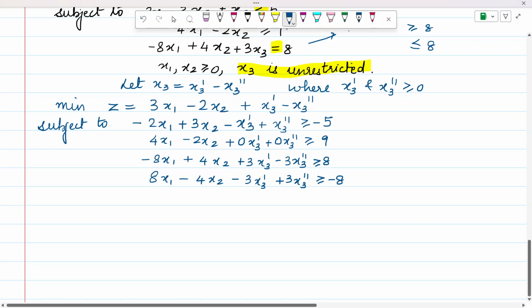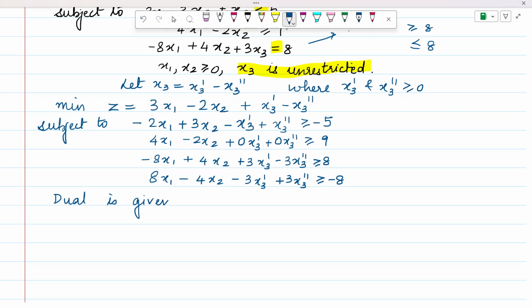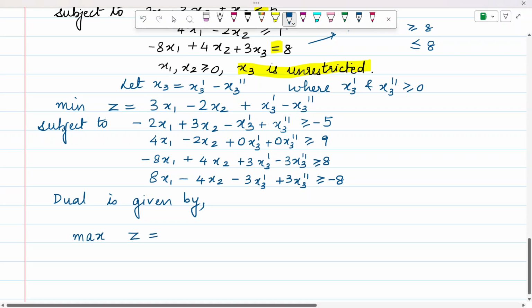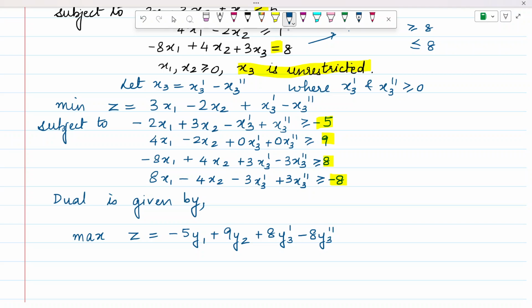So let's find the dual. So what's the dual given by? We'll have maximize, z is equal to, we'll take the RHS, that's negative 5, 9, 8 and negative 8. So negative 5y1, positive 9y2, 8y3 prime and negative 8y3 double prime. Subject to,